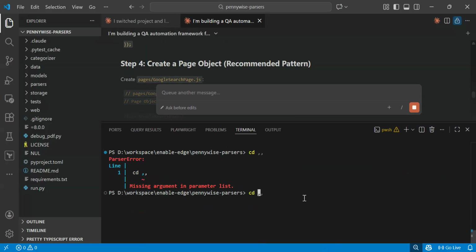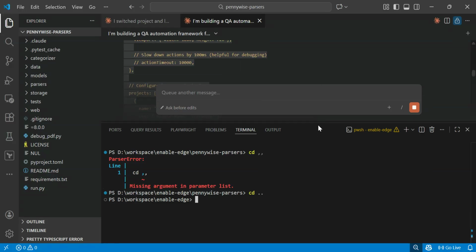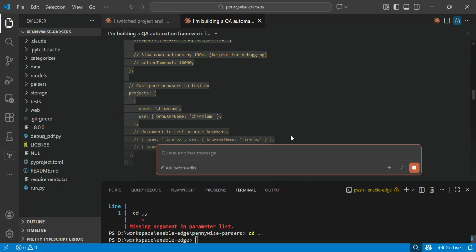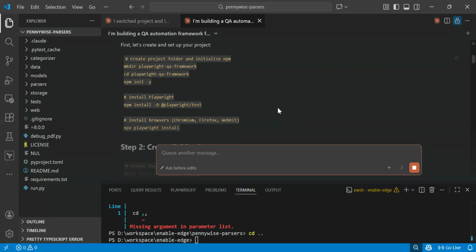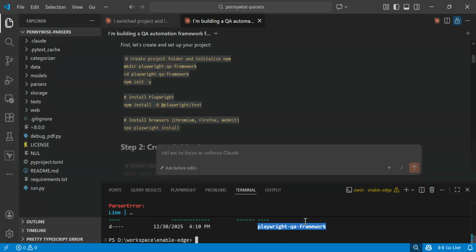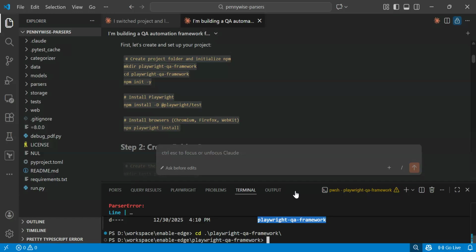Meanwhile, I will just move to a different directory and let's see what GitHub has got for us. Okay, it gives us some commands that we can try and run. First is to just create a directory, just like this. And we create a directory. We will just navigate to the directory